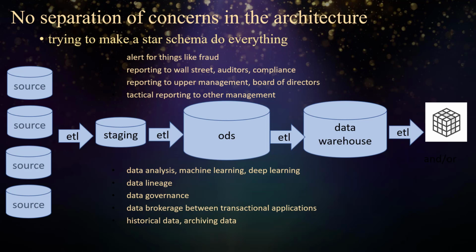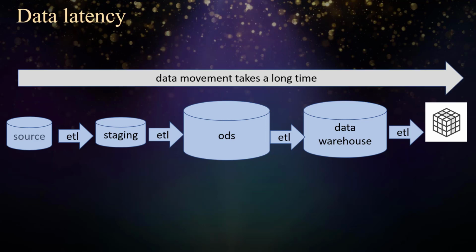There's another problem in that there's no separation of concerns in the architecture. So remember all those things that we use to create it in an EDA, they tried to make one EDA do all of those things. So for instance, this is a very bad alerting system for fraud detection, right? And the reason is there's a data latency problem. As you move data from source all the way to the cube, it just takes a long time. And when it takes a long time, people